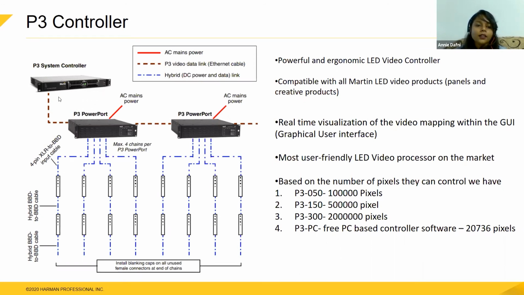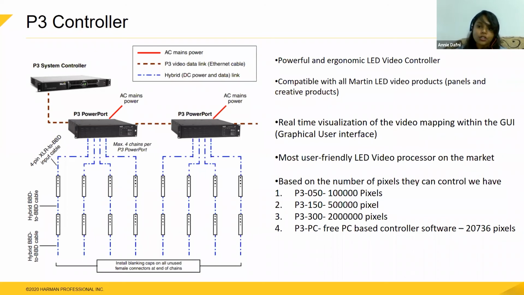So again, now the media signal from the controller goes to the power port. The power port will combine the AC mains power and the video signal, and sends the hybrid signal to the creative LED products. For this, we have hybrid cables called the BBD cables, which are used to drive these creative LED products. And these products can either be connected end to end, or they can be connected using extension cables depending